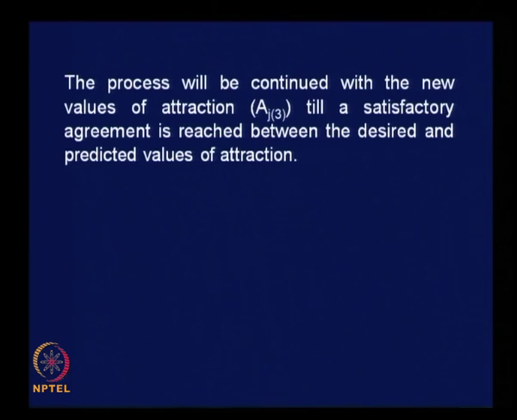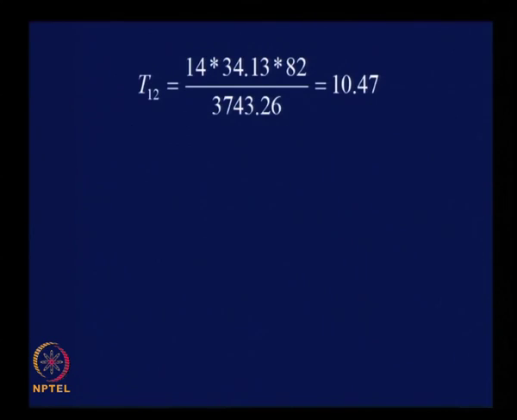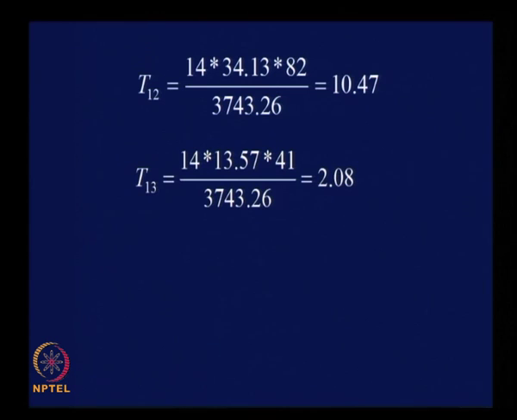The process will be continued with the new values of attraction, in this case Aj3 till a satisfactory agreement is reached between the desired and predicted values of attraction, that is our target. So let us go ahead with the calculation of T11 as 1.4, T12 10.47, T13 2.08,